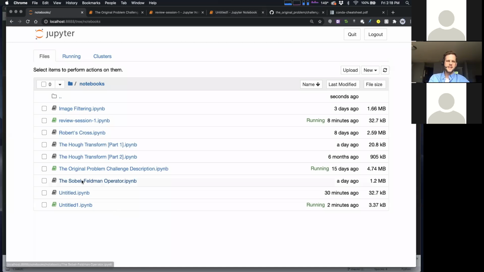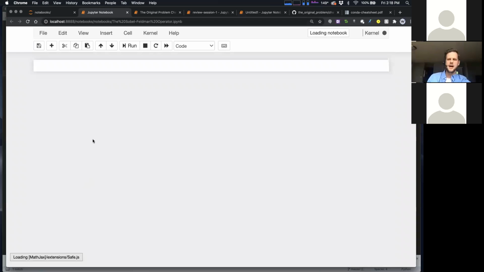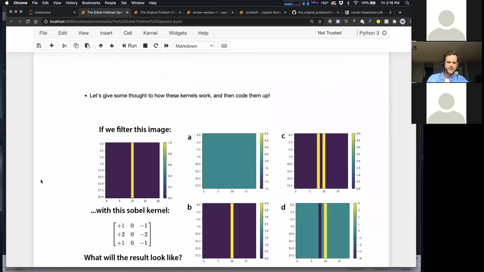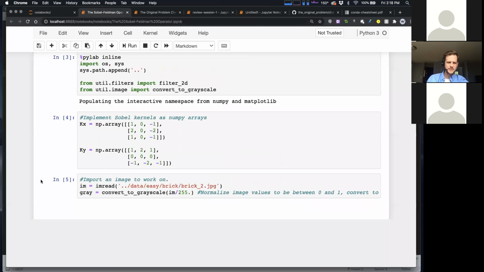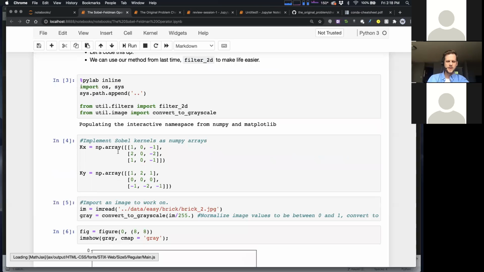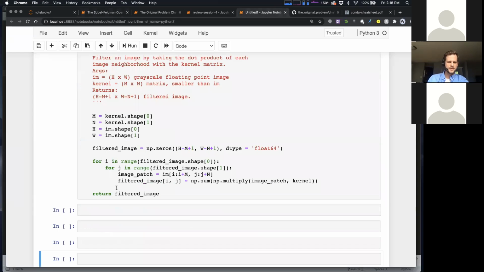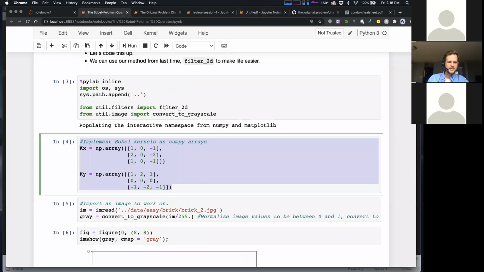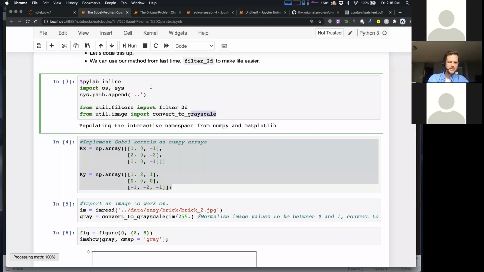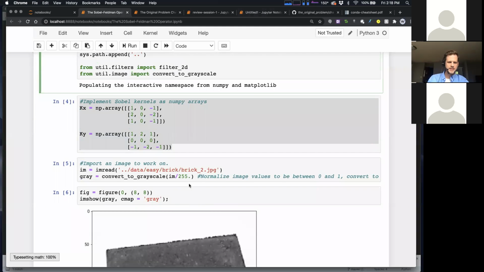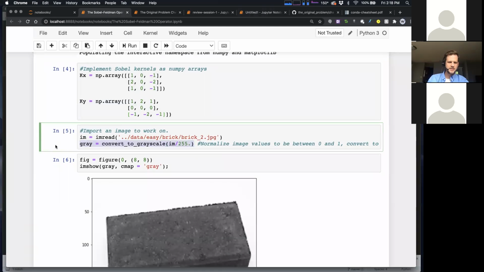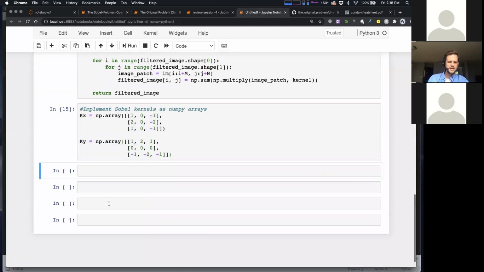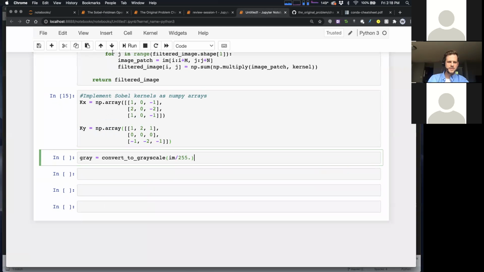And I think I'm going to, let me go to the Sobel notebook real quick. So this was our last lecture, on the Sobel edge detector. And let me just go ahead and grab an example that I want to use to get us going. So here's the Sobel kernels. That's cool. Okay. And let me go back here real quick. And maybe I'll grab that convert to grayscale method, because what I really want to do is just do the same thing we did here. And that will get us talking about some ideas of what to do next.